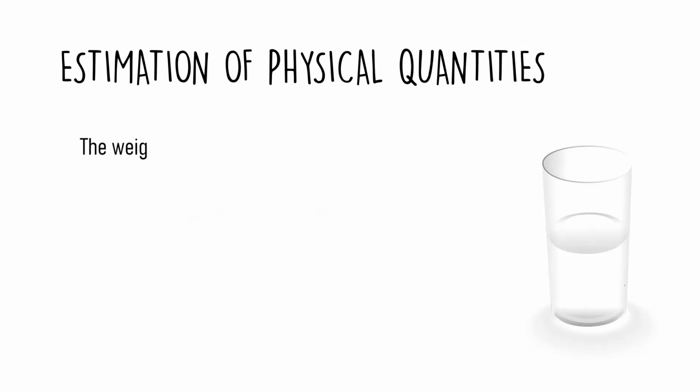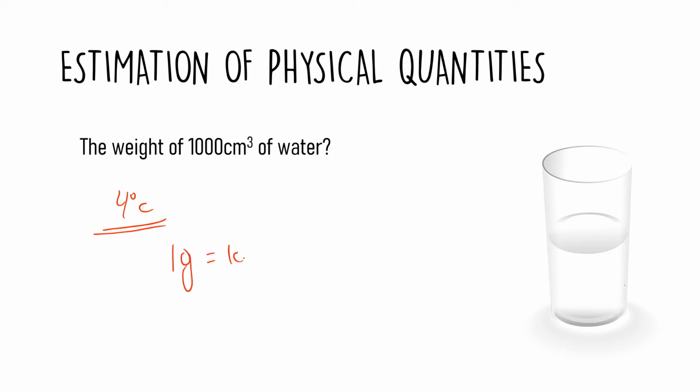Then they've also asked, what is the weight of around 1000 cubic centimeter of water? So we know that at 4 degrees Celsius, you would have learned in chemistry while doing the calorimetry that 1 gram is equal to 1 cubic centimeter for water. So I can use that assumption here and say that 1000 cubic centimeter is equal to 1000 grams. So that's like 1 kg.